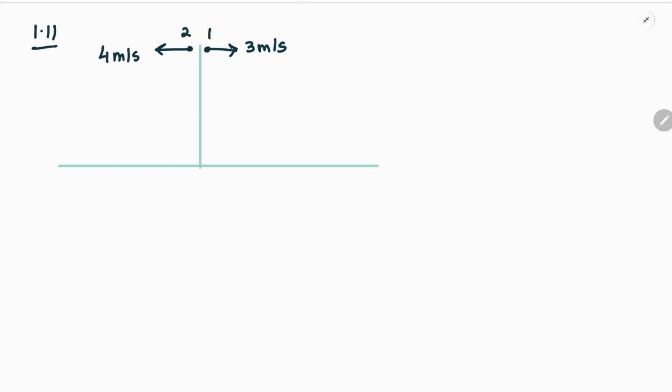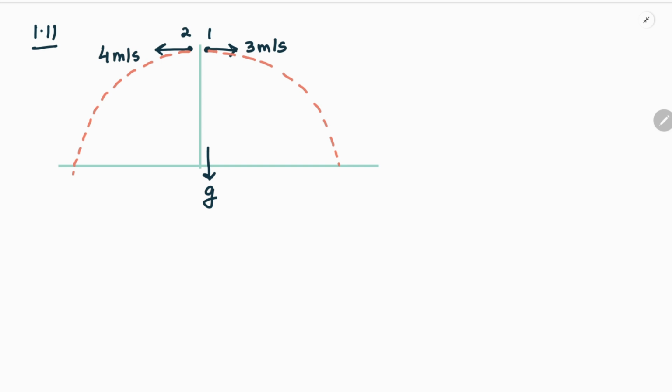So we can consider that this is the situation wherein one particle is projected from this point with a speed of 3 meter per second in this direction, and the other particle is projected with a speed of 4 meter per second in the other direction. So we have these two particles. The acceleration due to gravity is acting in the downward direction, as a result of which the two particles will move under the influence of gravity, following a projectile path, like this.